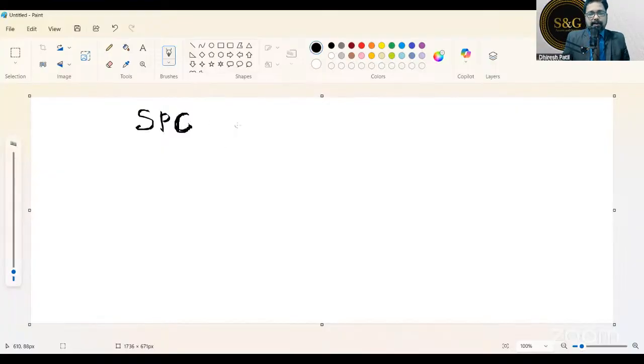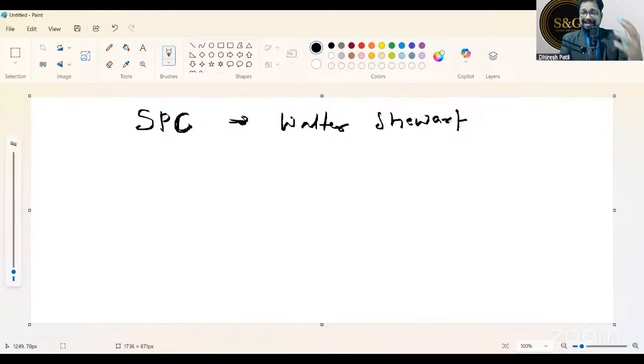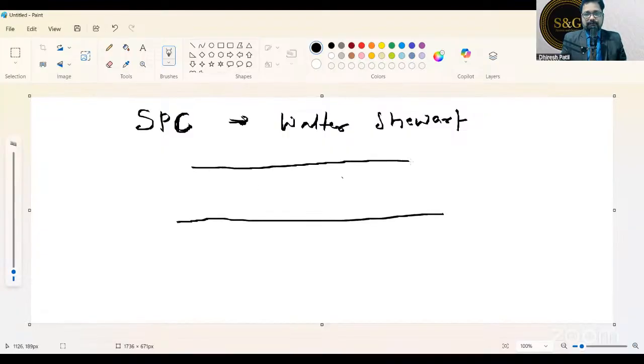All right. The inventor was, does anybody know the inventor of SPC, the inventor of control chart? It was Walter Shewhart. Make a note of this. Just for our understanding, Walter Shewhart basically propagated this theory after studying a lot of processes. What he said, any process which flows between, understand this, let me first define the control chart and then we'll make the control chart.